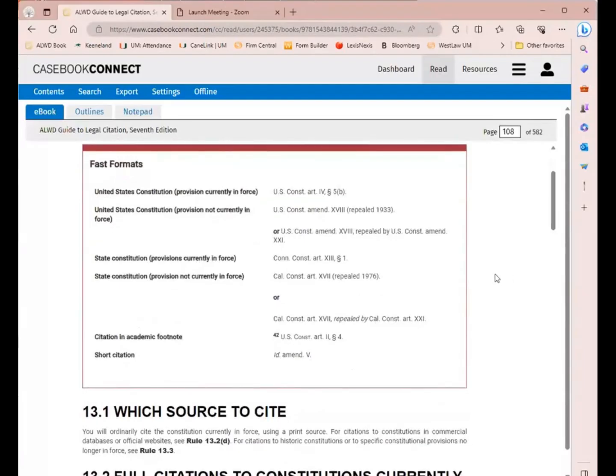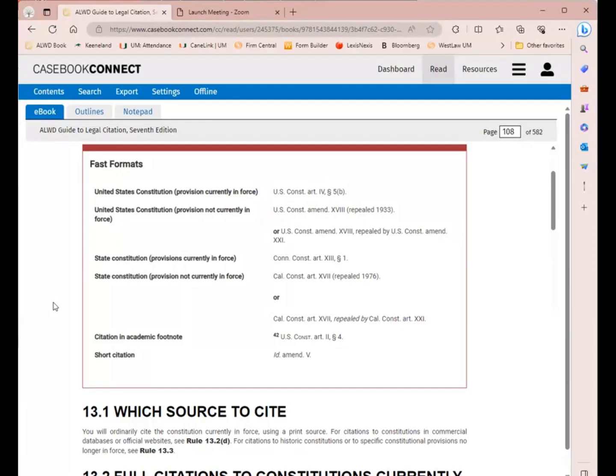In fast formats on page 108 of the 7th edition of the ALWD book, this is going to give you the immediate, fast way to fill in the